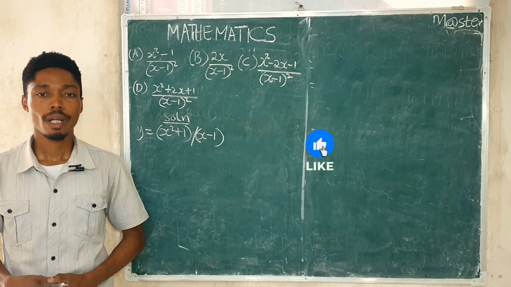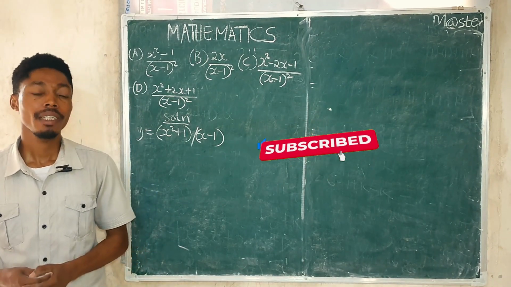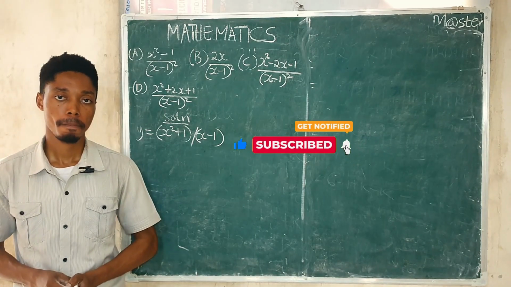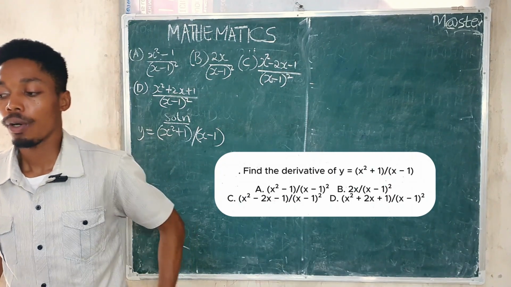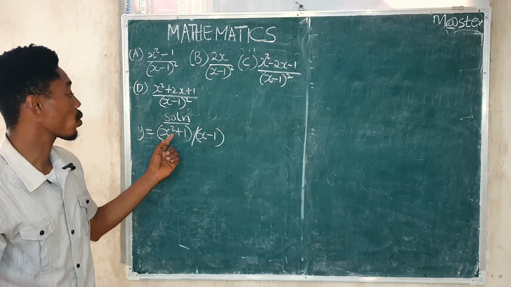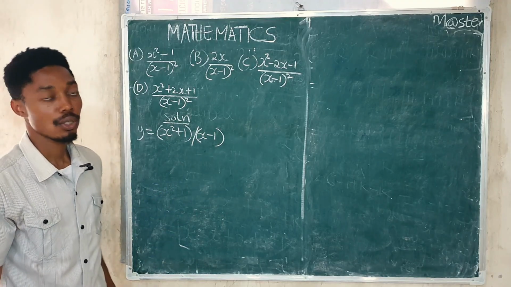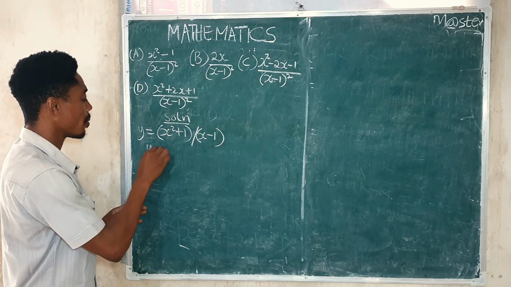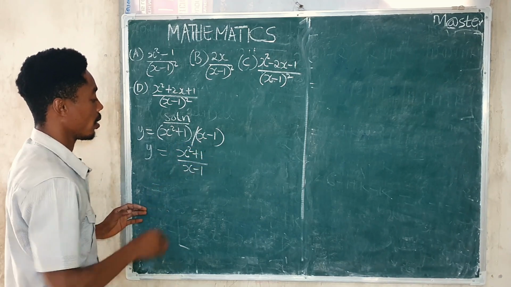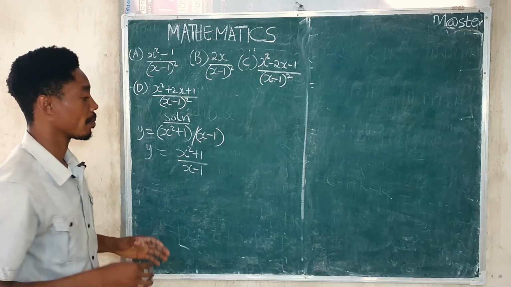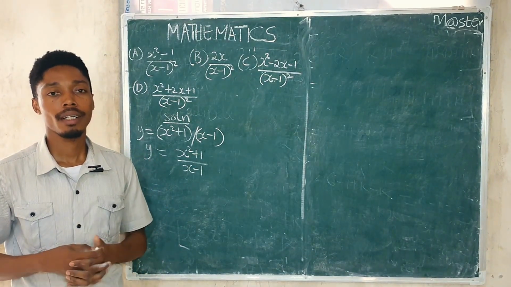In today's class, we're going to be looking at another interesting question. This question is on differentiation. The question goes: find the derivative of y equals x squared plus 1 all over x minus 1. Interestingly, we need to apply the basic formula for